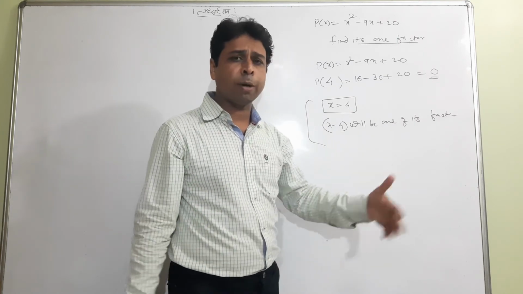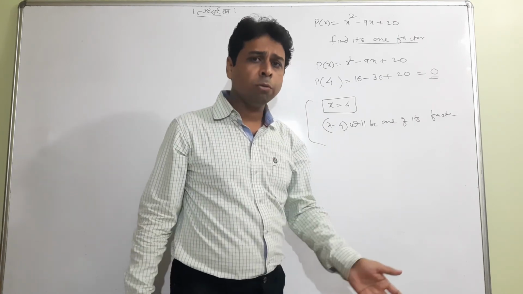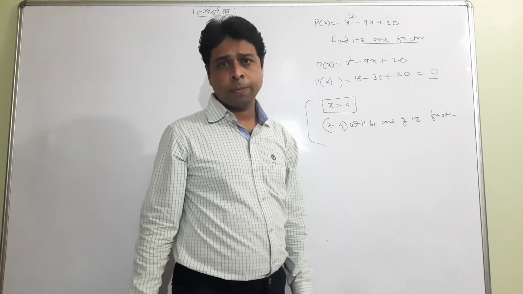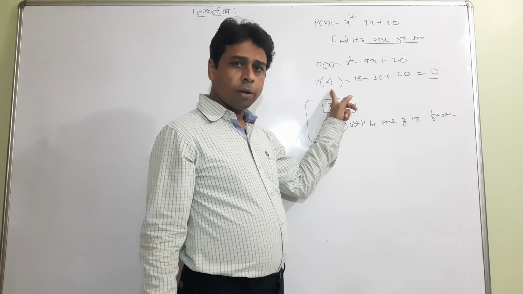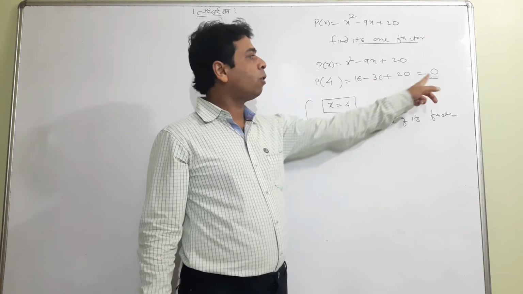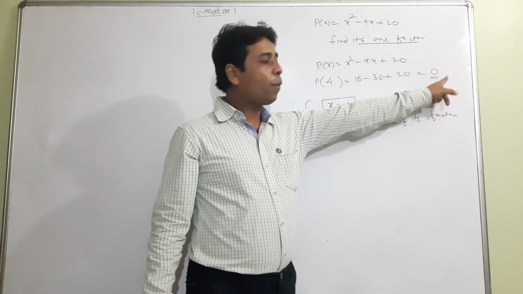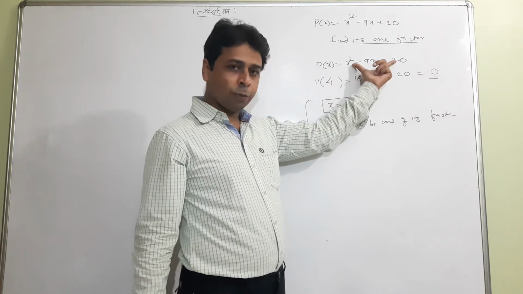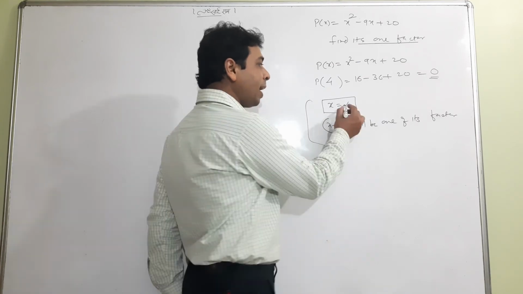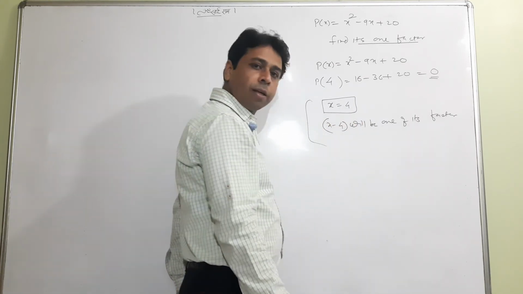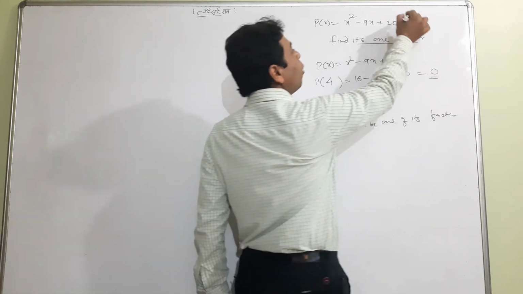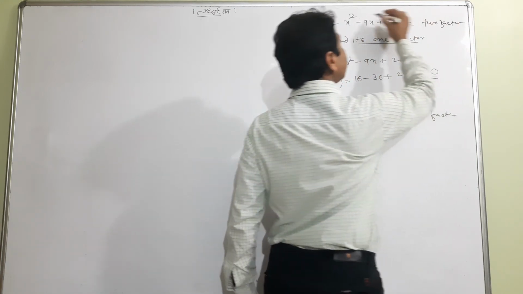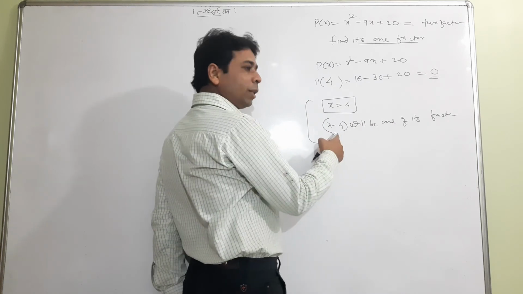You have to put values one by one: x equal to 1, x equal to 2, x equal to 3, sometimes x equal to minus 1, x equal to minus 2, x equal to minus 3. So I have chosen x equal to 4, and instantly, or luckily, I got 0. When it is 0, it means x equal to 4 satisfies it, and this indicates that x minus 4 will be one of the factors. And if I ask how many factors it has, 2 factors, because x to the power 2 is there, so it is one of the factors.